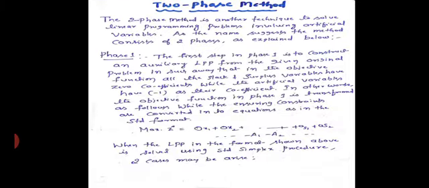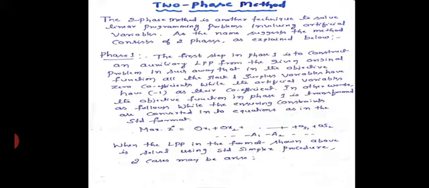Okay, two-phase method. What is the two-phase method? It is another technique to solve linear programming problems involving artificial variables. And the name itself suggests that it consists of two phases. The first phase is to construct an auxiliary LPP from the given original problem in such a way that in the objective function, all the slack and surplus variables have zero coefficients, while the artificial variables have -1 as their coefficient. In other words, the objective function in phase 1 is transformed as follows, while ensuring constraints are converted into equations as in standard format.